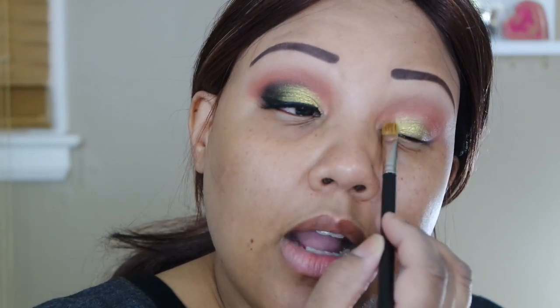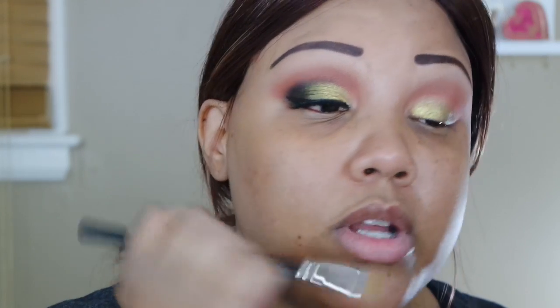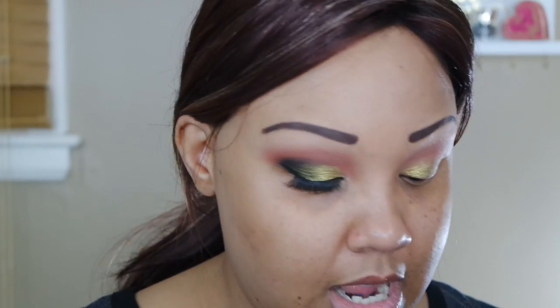I will end up going back over it when I was doing my other eye off camera. Once I start popping the black on there, it will get mixed in a little with that gold, which you could see there, and it's fine because that's what I wanted. But like I said, I'm concentrating that color really on the inner half because that's where it's really going to show up. So once I'm done with that, I'm actually going to go back in with my E40,